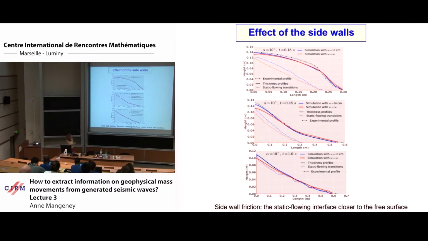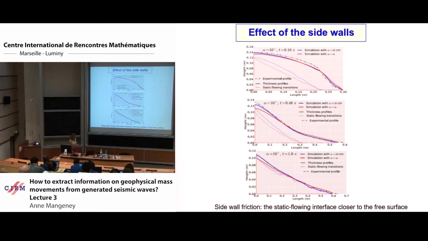But as time changes, I start to have differences. And here, for example, you see that by taking into account the wall effect, it makes it possible for the column to go down slowly. And also very interesting, but something which is also intuitive, is that it changes the position of the static flowing interface. So for example, in blue, above you have flowing material, and under it you have static material. And if you take into account the wall effect, it increases the friction, and so it decreases the thickness of the layer where the material is flowing.